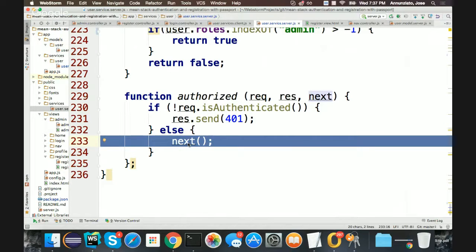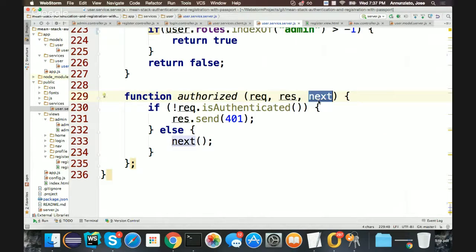That means we were the first measure of security that came in the request. If you weren't authenticated, we're going to respond with an error 401. If not, we're going to let you through to where you were trying to go. I don't know where that is, so I'm just going to say next. That's a callback function that Express gives us